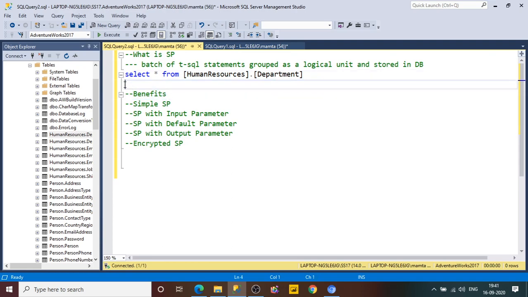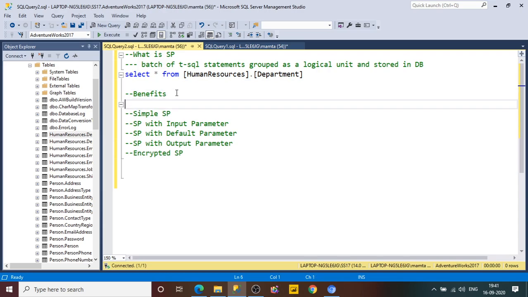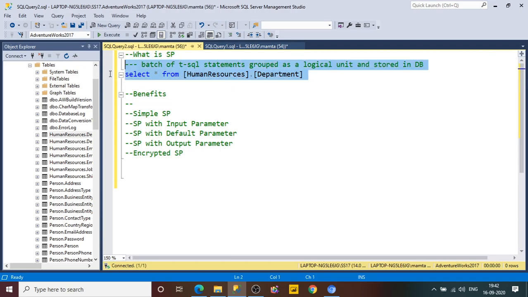So let me remove this as of now. What are the benefits? Why is it always recommended to use a stored procedure instead of an inline query? There are a number of basic benefits. The very first benefit is that it can be easily modified. Let's suppose that you have created an ASP.NET application and you have written inline queries. By inline queries I mean you write the query select asterisk from this part of the coding in your ASP.NET application page, in the code behind page, directly, without using a stored procedure.